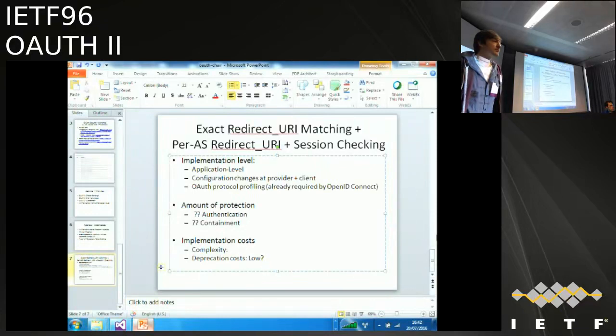It's not a trivial amount of work to use the best practices to protect yourselves, but explain to them how to protect themselves against cross-site request forgery and how to properly use some sort of in-browser state to check that the redirect URI matches the actual URI it comes back on. So there's a whole bunch of things that people can do, but we can get started on that now.